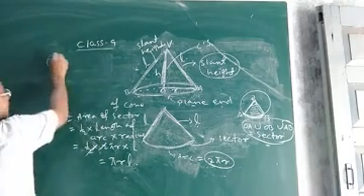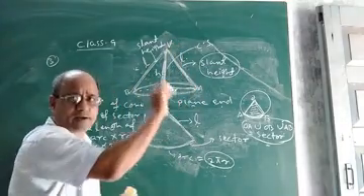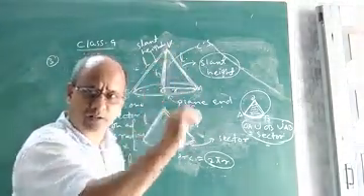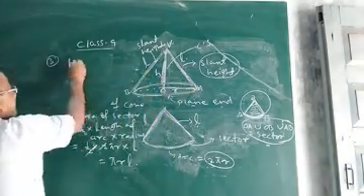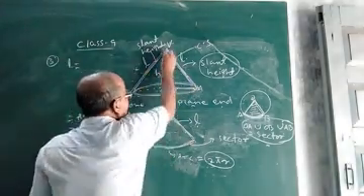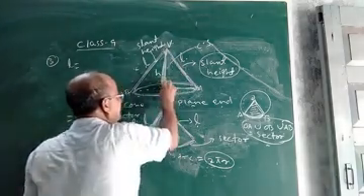What is slant height? How to find slant height? I told you that slant height is the line segment joining the vertex to any point on the plane end or the base. This one. So how to get slant height? Children, if you look at this triangle BOA, clearly it is a right triangle because this angle is 90 degrees.